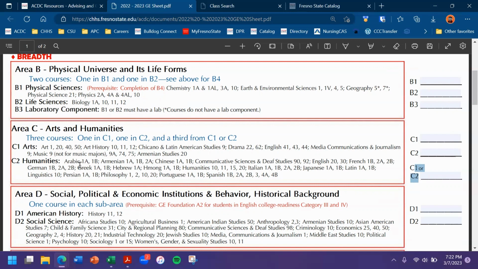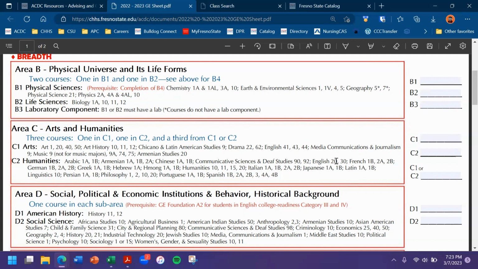Finally, in humanities, you do not need to learn a language as part of the CSU GE requirement. So if you already took courses in high school, you're not required to take another language class. If you want to take a language class, the 1A course in this case actually is the easier class. But you'll notice for some of the more popular languages like Spanish, French, or even CSDS 91, which is the Introduction to American Sign Language, the introductory class is not GE, and so would have to be taken as elective classes if you wanted to learn the language.